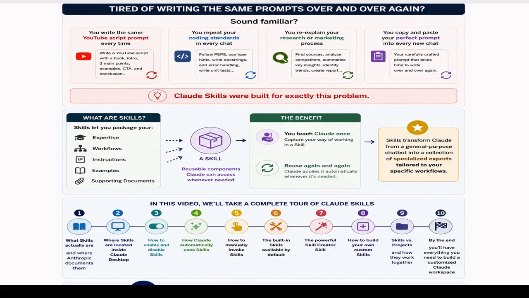In this video, we're going to take a complete tour of Claude Skills. We'll start by understanding what skills are and where Anthropic documents them. Then we'll explore where skills live inside Claude Desktop, how to enable and disable them, and how Claude decides when to use them automatically. We'll also look at the built-in skills that Anthropic provides, learn how to manually invoke skills when you want precise control, and spend some time with one of the most interesting features in the entire system,